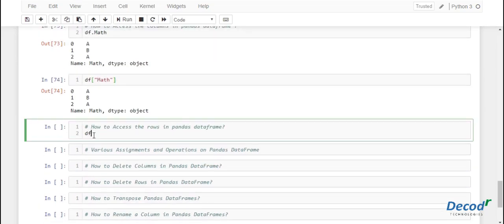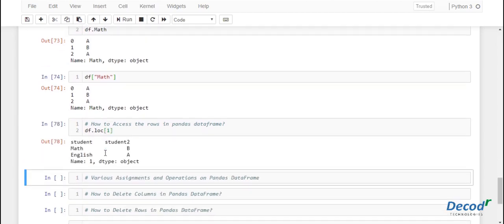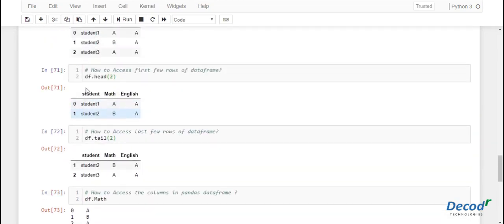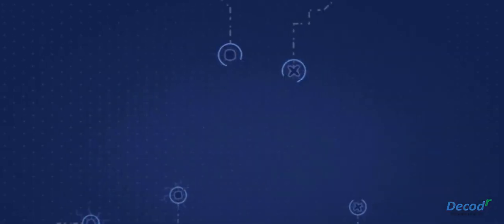Let's type the data frame name followed by the loc function and pass the index, that is 1. You should pass square brackets. You can observe that the second element of the data frame is returned.